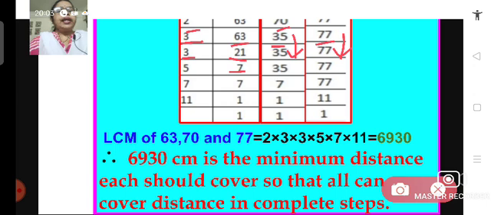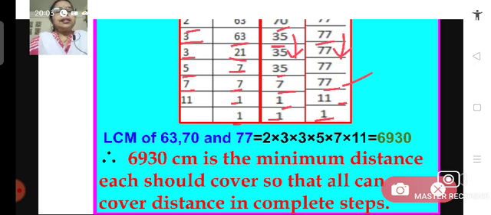Now we move on to the next prime number, that is 5, because 5 can divide 35. So in the next row we get 7, 7 and 77. Now we can move on to the next prime number, that is 7, which divides all these 3 numbers. So we get 1, 1 and 11. And 11 divides 11, we get 1 in the last row.